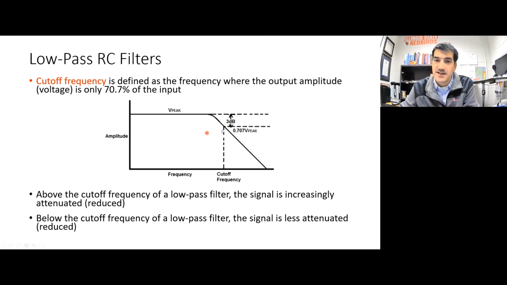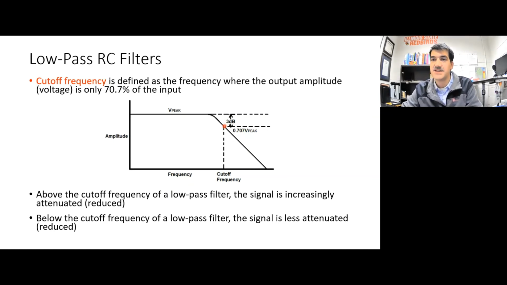What it's doing is, above the cutoff frequency, it is increasingly attenuating the amplitude. So if you've got a really high frequency up here, then your output voltage for that frequency is really, really low. Whereas if you've got a frequency that is below the cutoff frequency, then it doesn't attenuate the signal nearly as much. So it's just kind of a convenient point. The convenient point that we define, it's a little bit arbitrary, but the point that we define as being the cutoff frequency is the frequency at which the output voltage is equal to